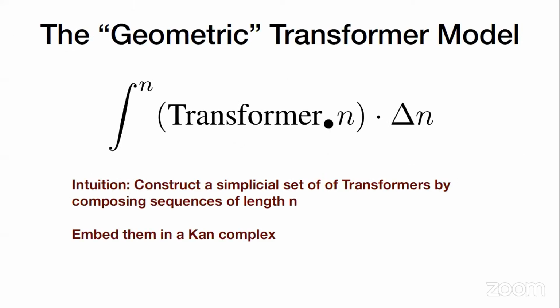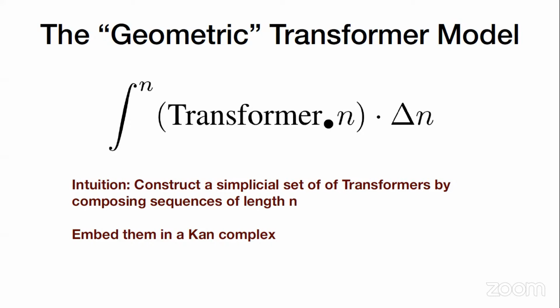So this leads to this very crazy idea that I talked about in my paper. Can we construct a geometric transformer, right? Remember that yesterday I showed you that we can take transformers and view them as morphisms in a category, and then we can construct n-length morphisms that give us a simplicial set. Now, instead of building the standard probabilistic generative model for transformers, we can do a UMAP-like construction and compute the coend, which embeds transformers in a topological space,